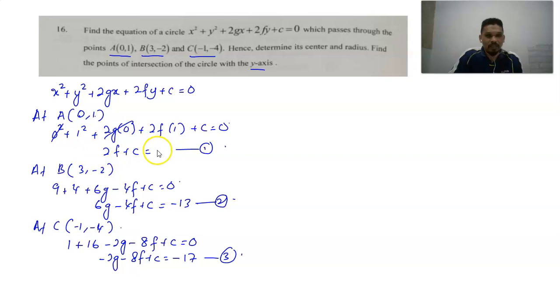Okay, 1 will here become negative 1. Now look at this one here. We have 3 equations: equation 1, 2, 3. But for equation 1, there are only 2 variables here because g times 0 equals 0, so what we have is only f and c. For equations 2 and 3, we have g, f, c and g, f, c. So I'm going to make some adjustment operation between equations 2 and 3. I'm going to eliminate the g, so that only f and c finally appear, and we can make a comparison